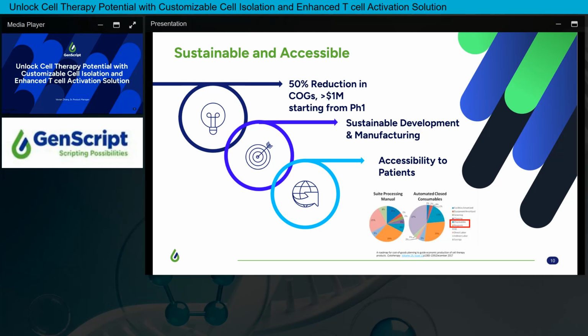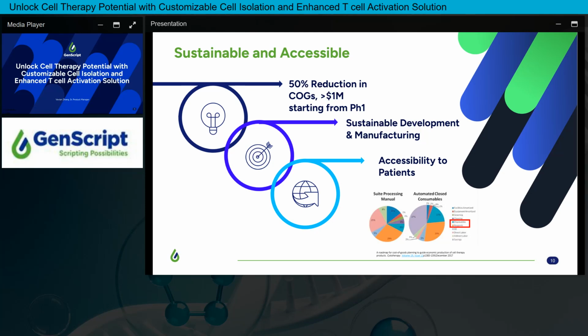And last but not the least, a key consideration for cell therapy development and raw material choosing is the cost. From a research recently published in Cytotherapy, more than 50% of the cost comes from the reagents and the consumables, and that significantly puts a financial stress on the product development as well as on providing the drug and treatment to patients globally. With that, with GenScript